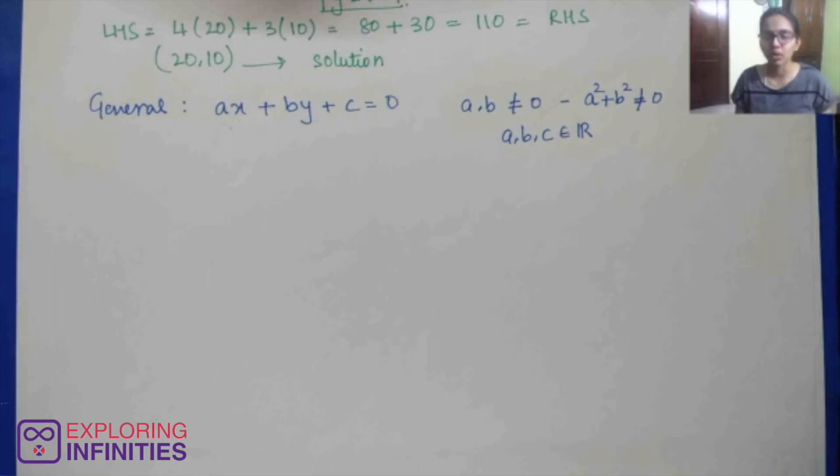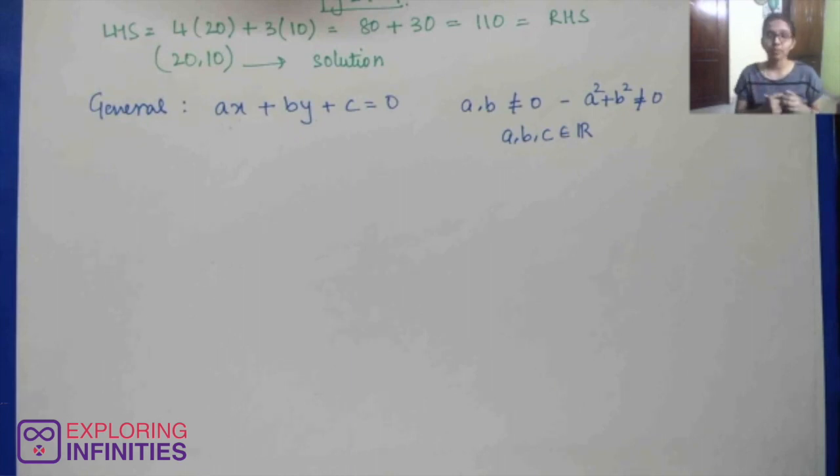So this is the general form of your linear equation in two variables. So why exactly is it called linear? It is called linear because whenever you try plotting these equations in your graph, you'll get a straight line, a perfectly straight line in your graph. It won't be curved from somewhere, no. It will be a perfectly straight line on your graph, and of course it's an equation. So therefore it is called a linear equation in two variables.